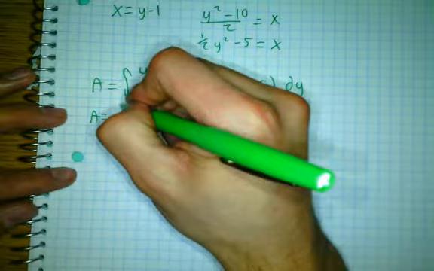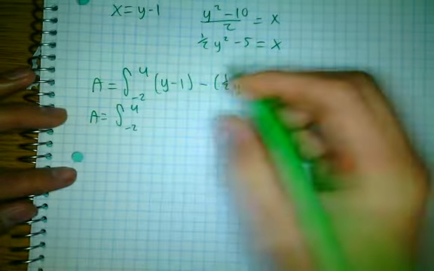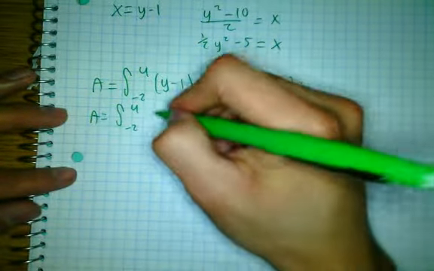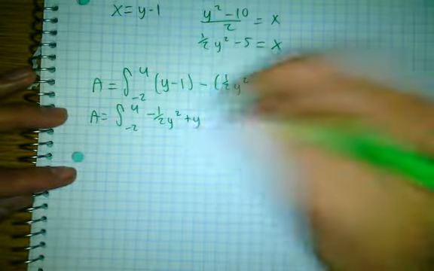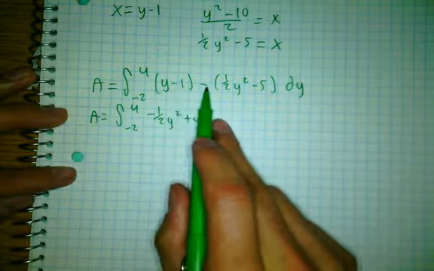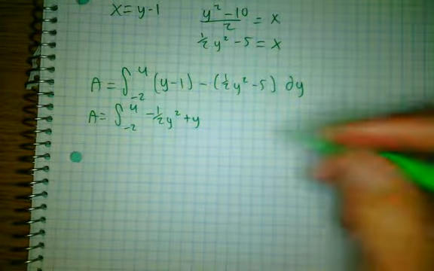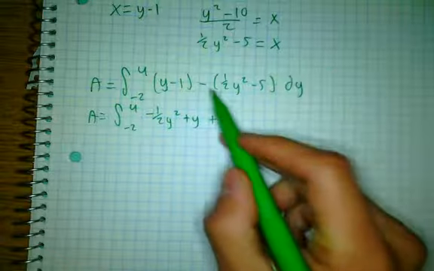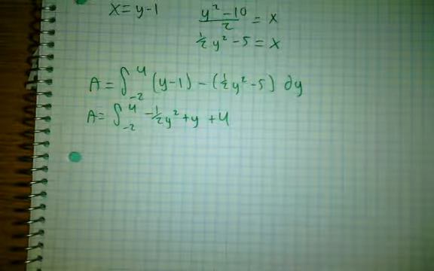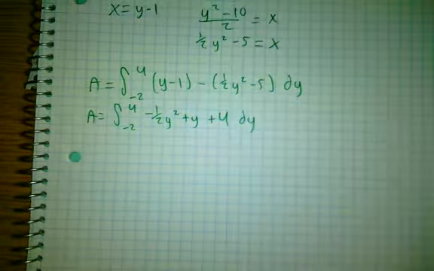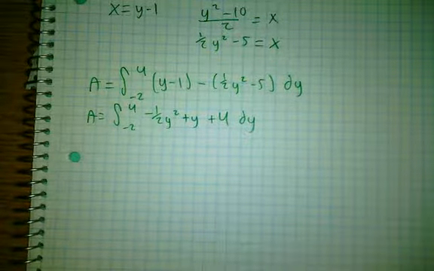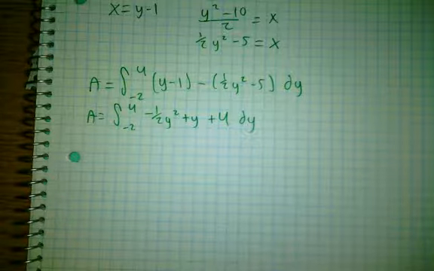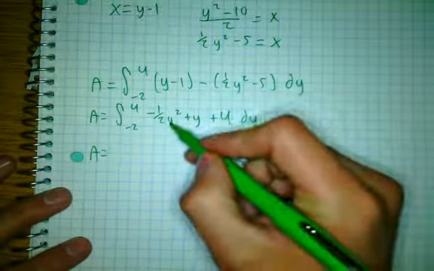So we clean this up a little bit. It's the area between negative 2 and 4. For sure it's going to be negative 1/2 y squared. Agreed? We're going to have plus y. And then I'm going to have negative 1 plus 5, so the subtraction. Oh, that's not the antiderivative. I'm just rewriting it so I can do the antiderivative. You guys with me so far? Okay, antiderivative, so area equals